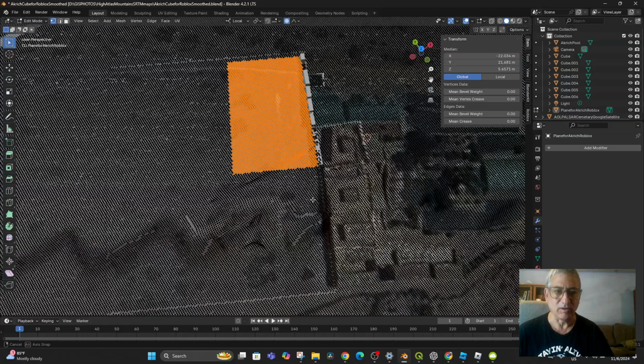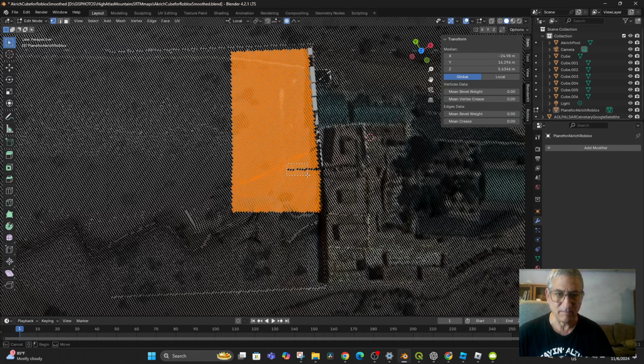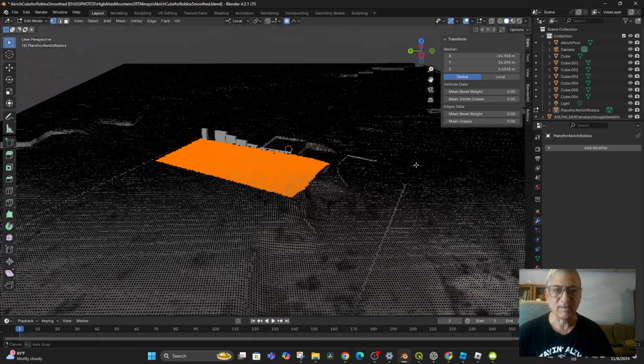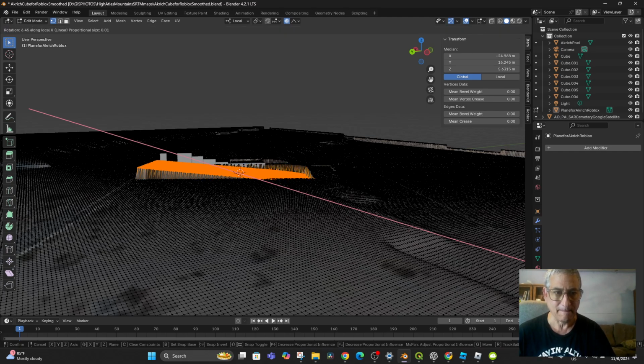So I can add a little bit more to that. I can add with shift and do up to here and add that, so that's part of it. So if I now take that and rotate it in X,